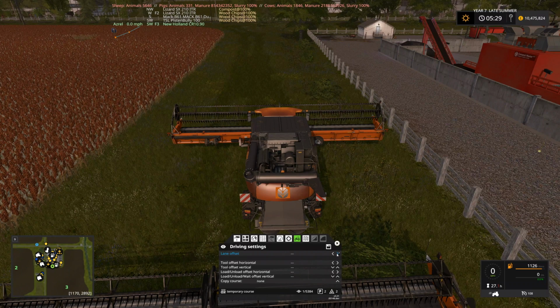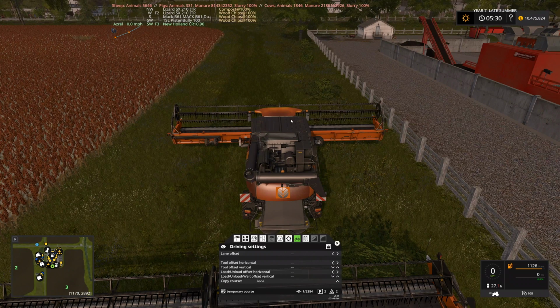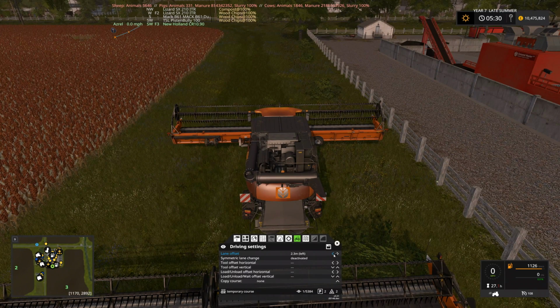So we have a lane that's 26 meters wide. Now we need to actually have this half of 13 essentially to the left, that's actually 13.2. We actually did it as 6.6, it needs to be as a lane offset. Now this will basically